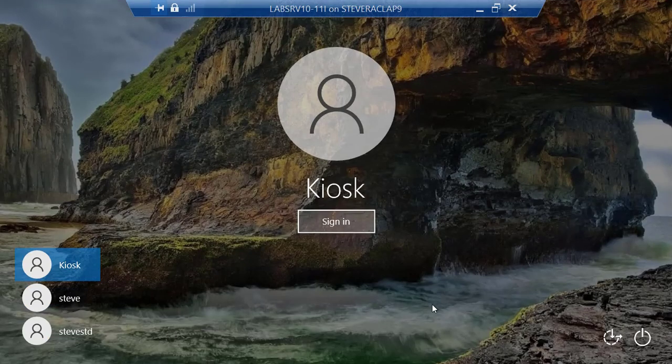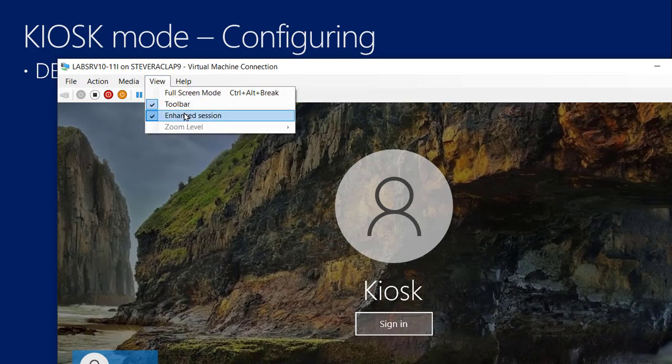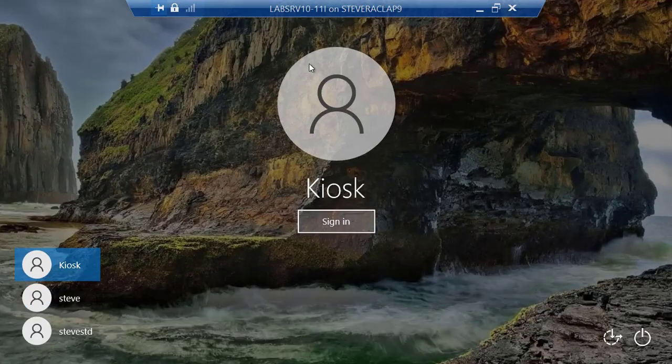Okay, so this is my kiosk device, single app mode kiosk device, and you see kiosk, right? So a little bit of behind the scenes. This device is a VM, and the way I have this VM running right now is in an enhanced session. Whenever I'm trying to demonstrate kiosk mode, I don't want to use enhanced session because it's going to put me at the screen here, where it's not going to respect the fact that I have automatic logon configured. I've put it in enhanced mode so I can actually access the desktop and show you how I have automatic logon configured. When I actually show you this working, I'm going to turn enhanced mode off, right? But I'm going to log in as my full